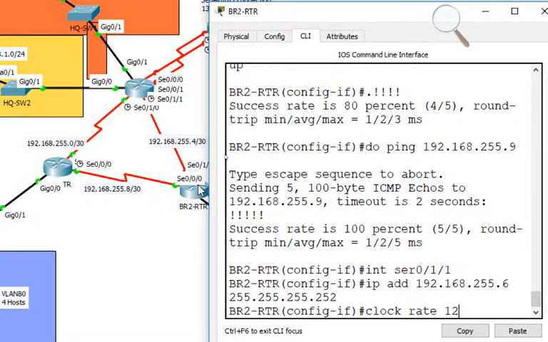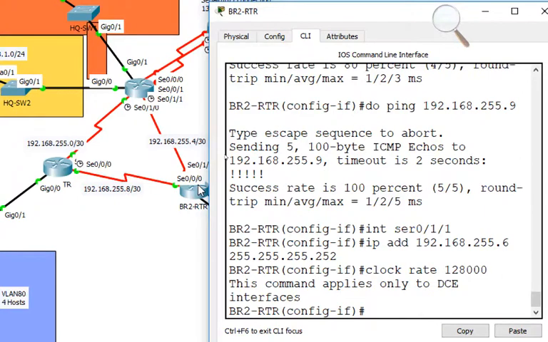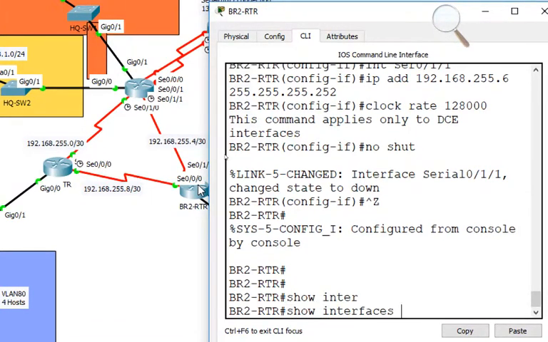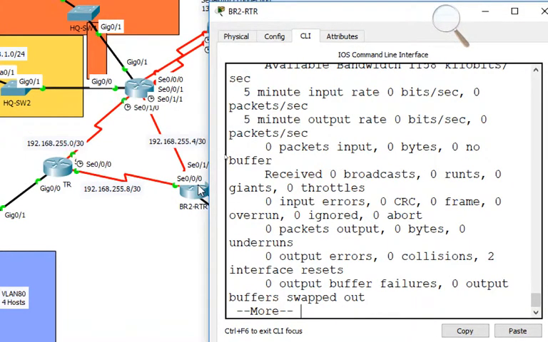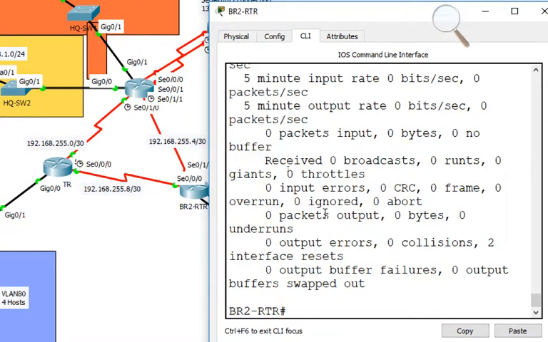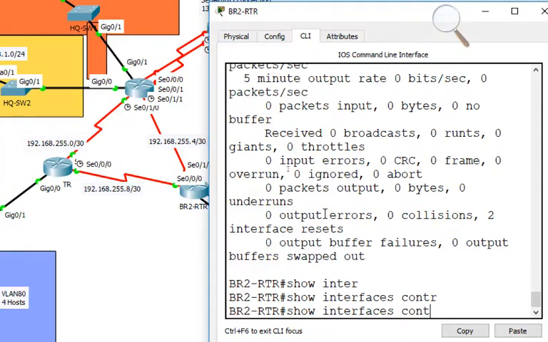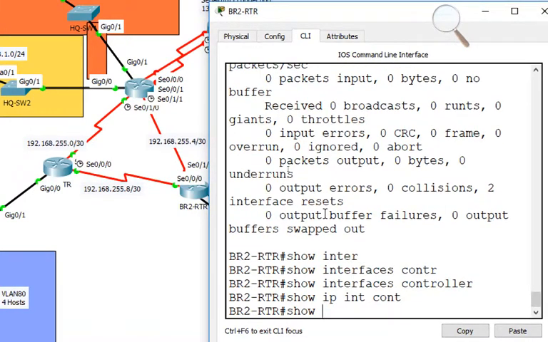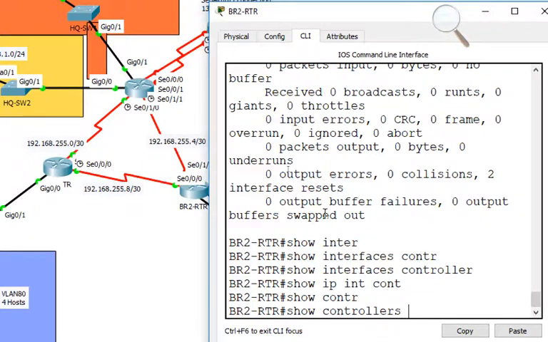I don't know which one's the DCE off the top of my head. We can check it, right? But if we just apply it, again, we'll get the error. We can check that with a show interface serial. That's wrong. That felt wrong. Show controller. Show interface controllers. Where is that? Yeah, so just show controllers serial